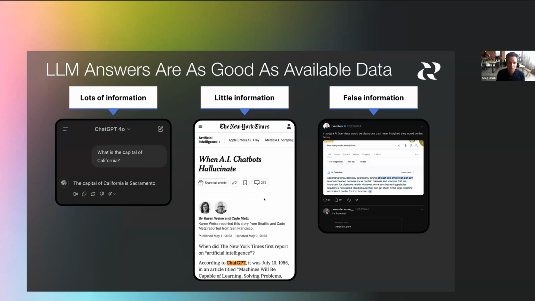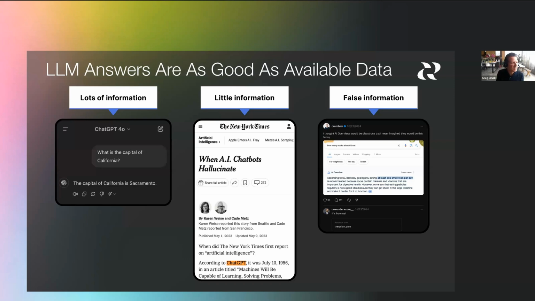So that's what happens when there's not enough information. The third case to consider is the case when there's bad information. If there's both good information and bad information, and there's more good information, then just statistically the good information will win out. But if there's only really bad information, then the large language model will tend to trust this information blindly. So the example here in the screenshot is the well-circulated example of Google telling someone they should eat